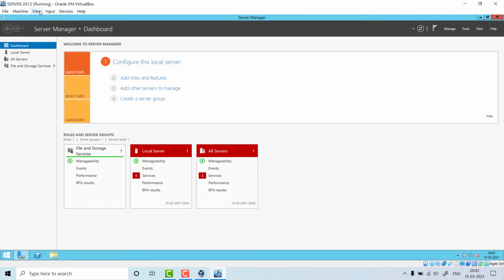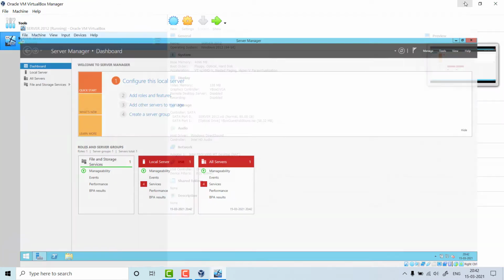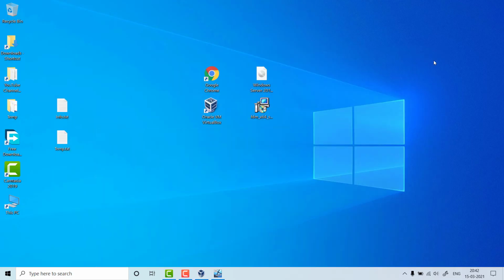Now you can see this virtual machine, so you can just minimize it and move to your normal operating system. As I told you before, I have installed two operating systems on a single laptop using this virtual machine. This is actually the function of a virtual machine. It allows you to run two operating systems on the same machine.